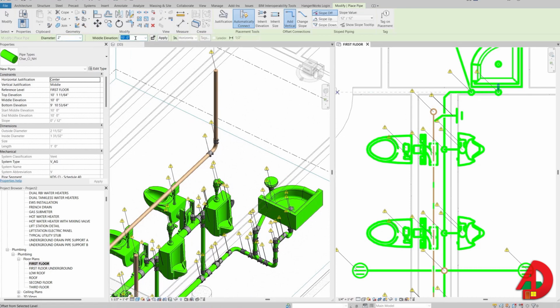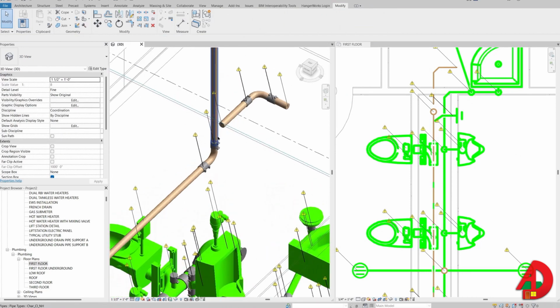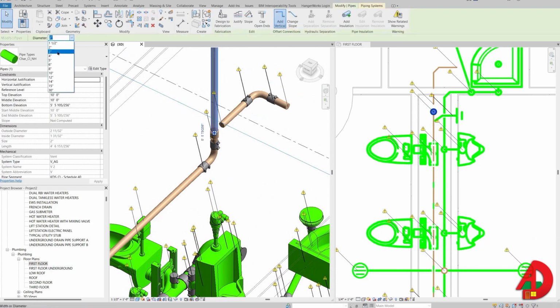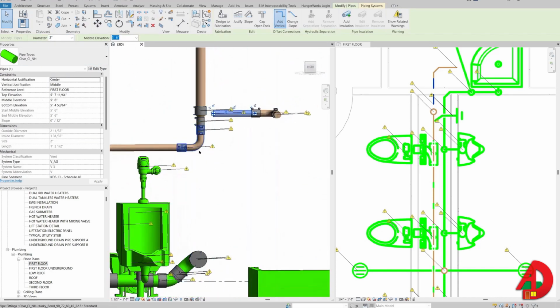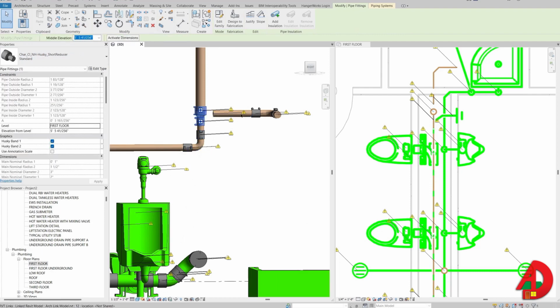I will draw another vent pipe, this time at 5.6 elevation, go straight up and turn right. I want this vent riser to be 3 inches, so first I need to split the pipe, then select the upper segment and then turn the diameter to 3 inches. When I select this pipe segment, I can revolve around it, and it seems that I need some space. I can turn this fitting into a quarter bend,